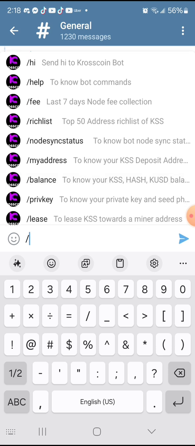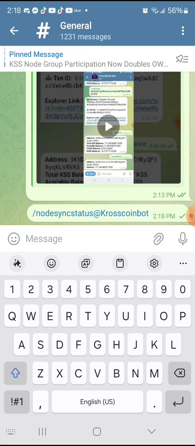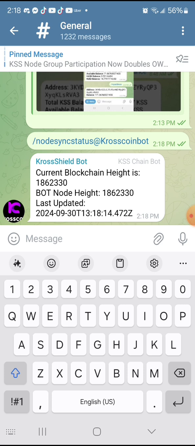Then node sync status. This shows whether the bot is synced with the Explorer. When they're not in sync, the bot doesn't work, and then our team has to go in there and restart the bot. So it's always in sync. This is how you can know the block number of the Kross blockchain. Let us even try that right now. Let's select node sync status, and it shows you that the Kross blockchain height is currently at